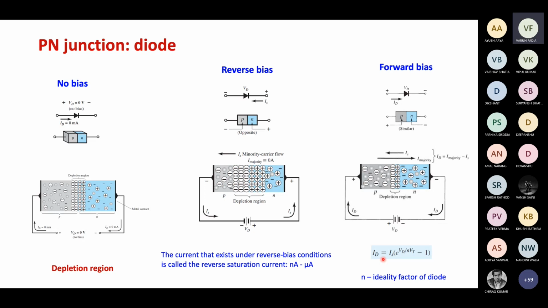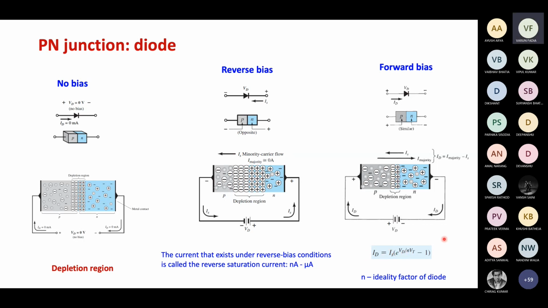Sir, what is the typical range of N? Steady state can be there in forward bias. Yes, so N is generally 1, 2, or in some cases less than 1 as well, 0.6. But it typically goes from 0.6 to 2, not more than 2. And generally, if the value of N is not given in any question, you can take it as 1. If it is explicitly mentioned, then you need to take that particular value.